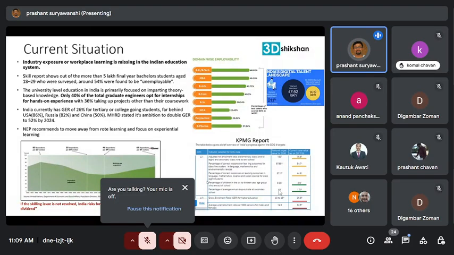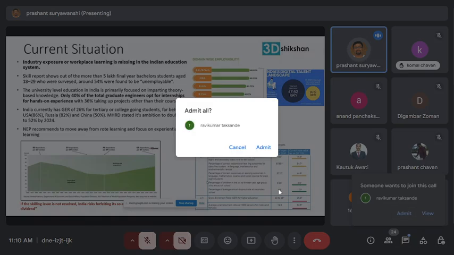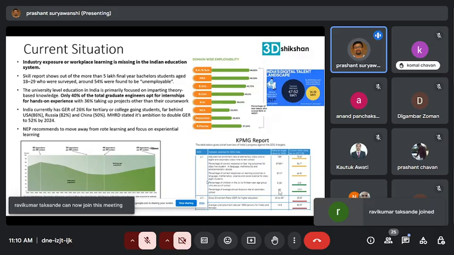Whatever college pass-out students there are, they are not getting jobs. Even industry is looking for different talent, a different, industry-oriented skill set. There is always an industry and academia gap, and it has widened now, particularly after the corona period, when digitalization and technology improvements happened.